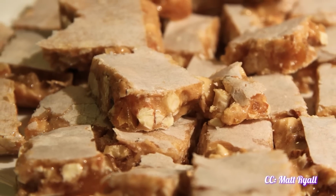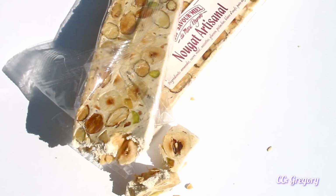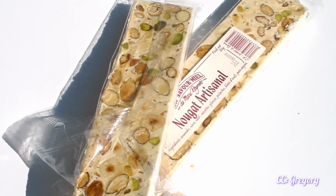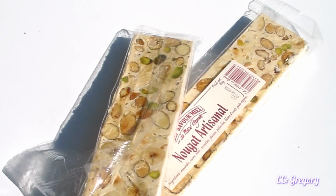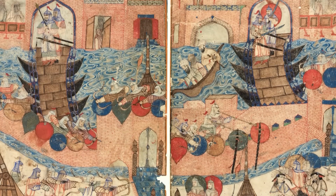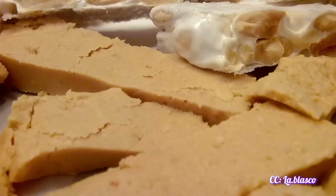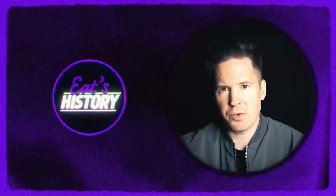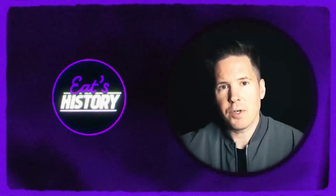The origins of nougat are a bit muddled, but many food historians have traced them back to the Middle East, where a recipe for the treat was found in a book that dated all the way back to 10th century Baghdad. These early versions were called nave and soon spread to Spain and Italy in the 15th century due to increasing Arab presence. It later spread to France in the 17th century and America, where a version made of corn